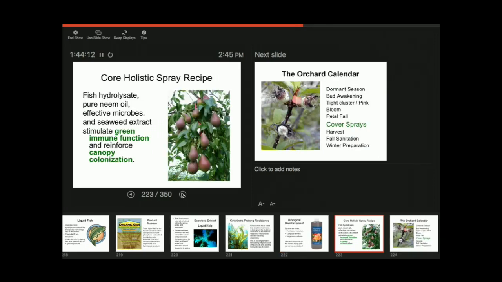So the holistic core recipe, taken all together, is about stimulating green immune function and about reinforcing the biology, canopy colonization. So I'm going to introduce,